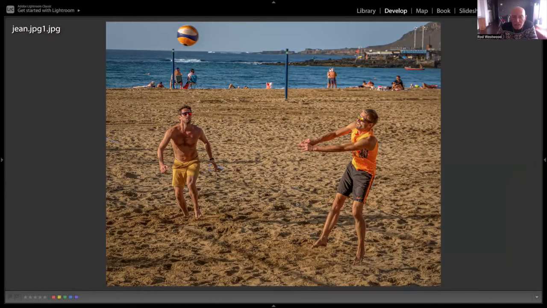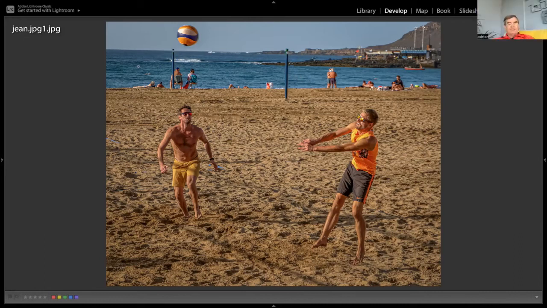You must concentrate on things. I mean, it's nice light. It's a nice image in a way. Two good-looking, hunky guys on the beach, playing with the ball. But